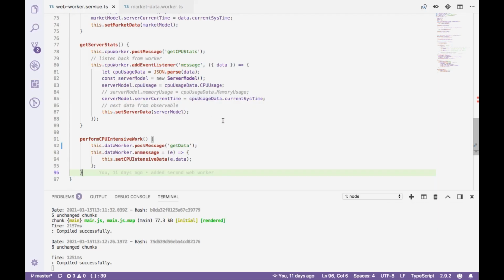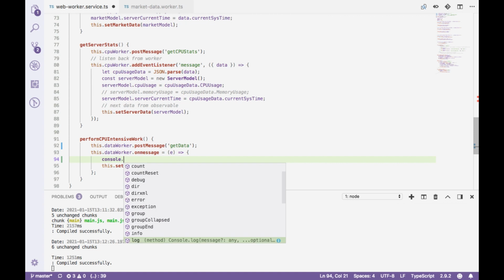Into the web worker service TS, I have to put a console log, like this.